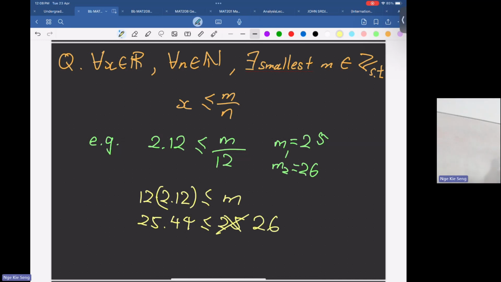Okay, so we need to make this into a proof. How do we find the smallest one? Last time I explained in the class, how do I explain? Let's say x is greater than 0, right? So you start with 0, then you have maybe 1 over n here, and then you have somewhere x here, right? And then I say if you add enough, then you will pass by this x. This is how I explain, right?